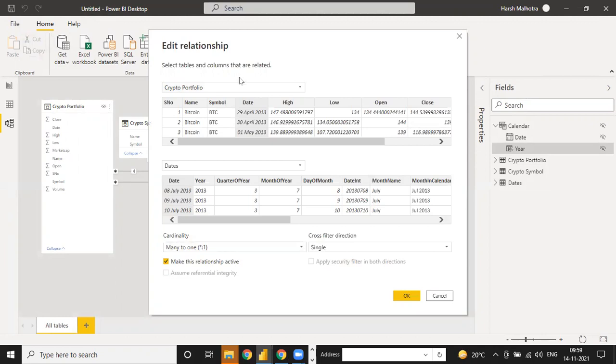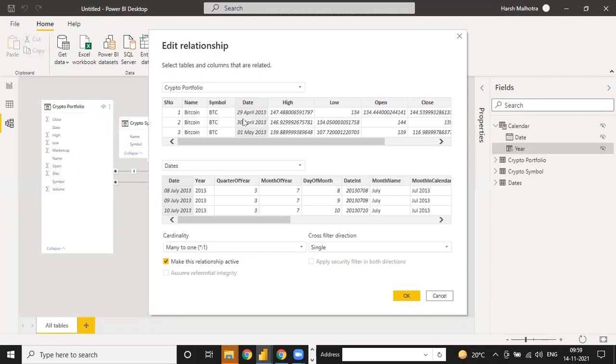Right now, the relationship is taken as many to one. Why? Because in the portfolio tab, we have a date column, and in the dates tab, we also have a date column. We have connected them together, date to date. But in the portfolio tab, this 29th April 2013 appears multiple times, because in the portfolio tab we have different kinds of portfolio coins, so it's a duplicate date.